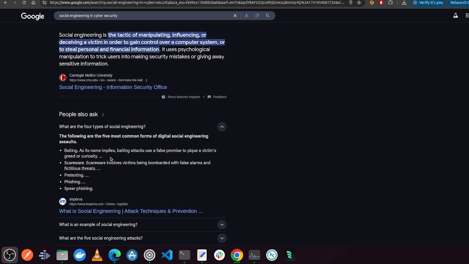Then the second one is the aspect of greed. You're going to win $100, win an iPhone, share this with 10 groups and win this without really working hard, and we all know where that leads to. There's also scareware, where you go to some websites and it says download the software right now. There's pretexting and then phishing and then spear phishing. We'll go into that in another installment, but basically let's deal with phishing and its sisters or brothers, I don't know, maybe relatives.